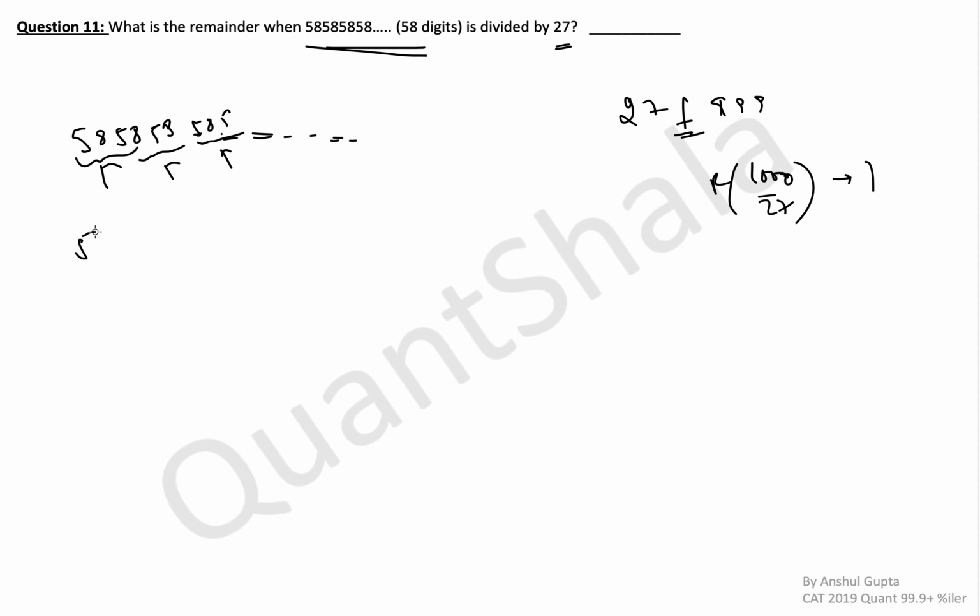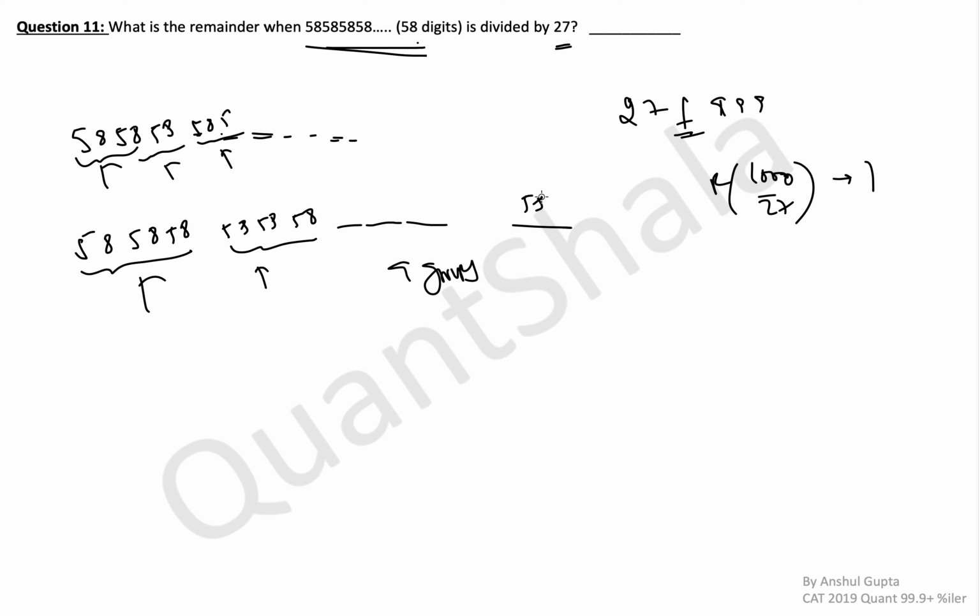So can we try to form groups of 6? 585858. This is a group of 6 digits. And then this keeps repeating, 585858, this again. So how many such groups do you get? 6 multiplied by, there are total 58 digits. So a total of 9 groups you get. And after that, there is a separate 5858 written. So till here 54 digits and then 4 digits after that, making a total of 58 digits. Okay. So let's first consider just the number to the left of this black horizontal line. Let's just consider this number, which has 54 digits.